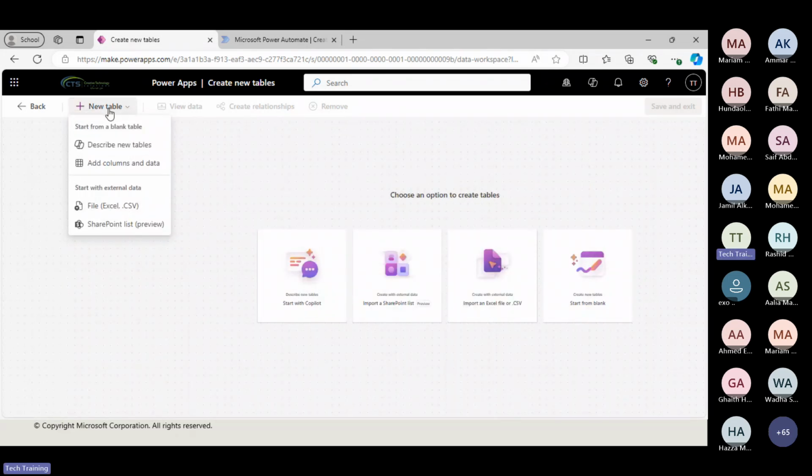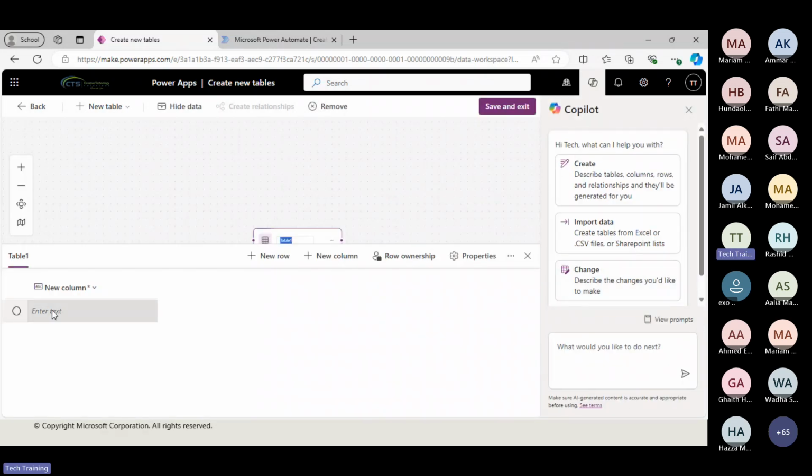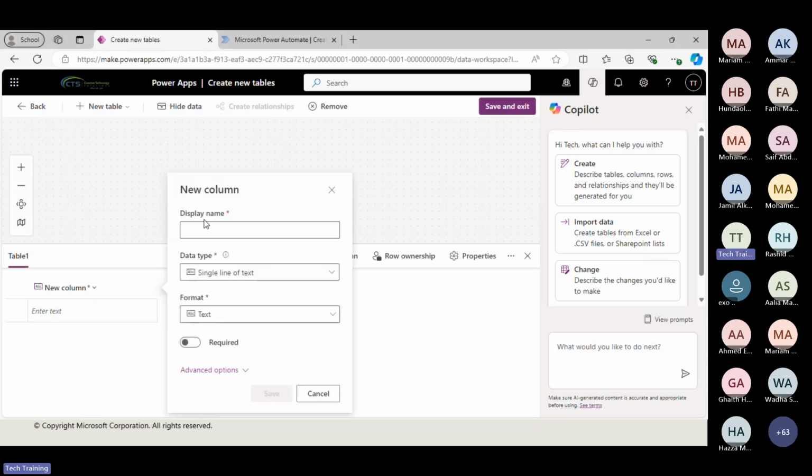I can use the Copilot to help me create the tables, or I can start directly from blank. Here I can write the table name, change the table name, and here I can add the columns that I want to that table. The table I want is the doctor's table. I need to add the columns. I will call the column doctor